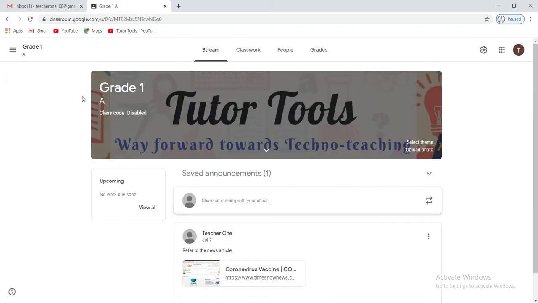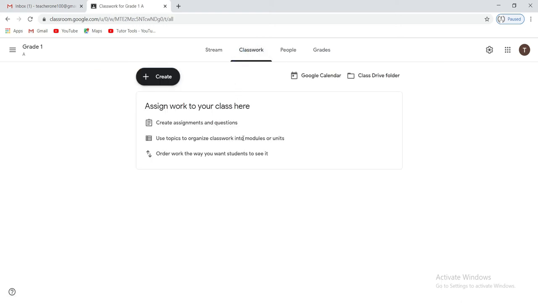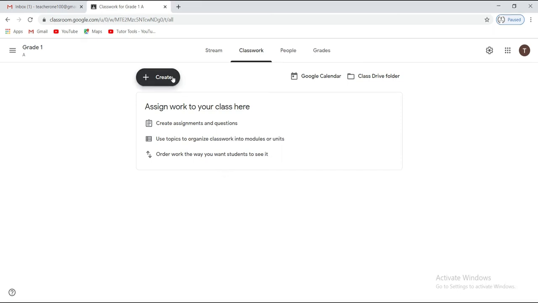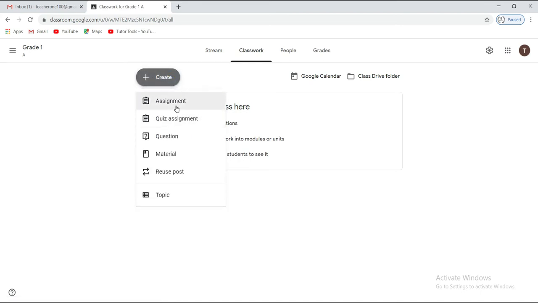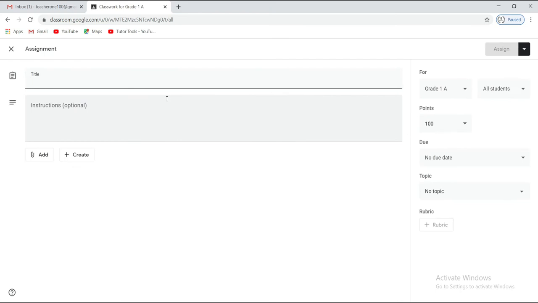Whenever we want to create an assignment, we need to navigate to the Classwork tab. In this tab, we can create assignments and view all the current and past assignments. To create an assignment, click the Create button. Then select Assignment. You can also select Question if you would like to pose a single question to your students, or Material if you simply want to post reading, visual, or other supplementary material. When you click on Assignment, this will bring up the assignment form.